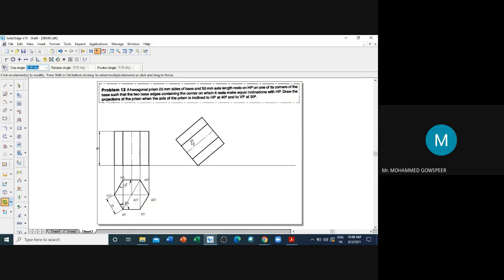If it is a pyramid, then you have to select a base to rotate. Since it is a prism, I have selected the longer edge. Remember. Now this is 40 degree. Then I draw vertical projectors.